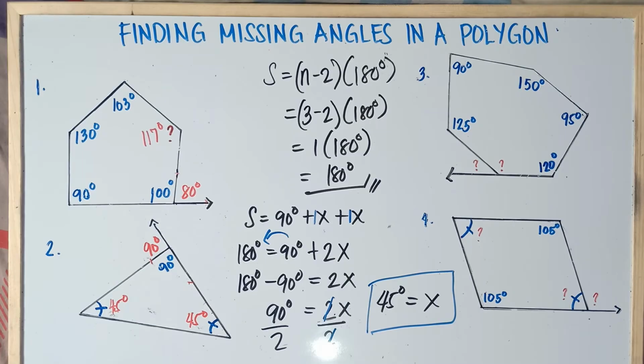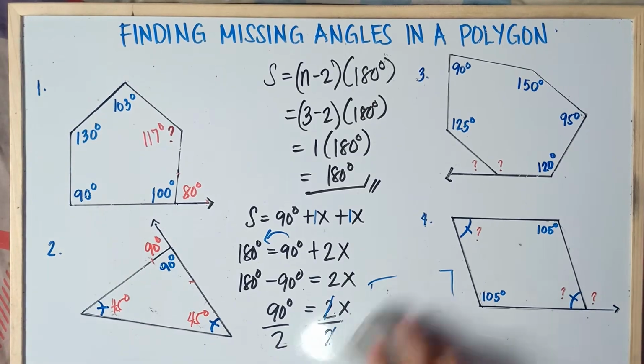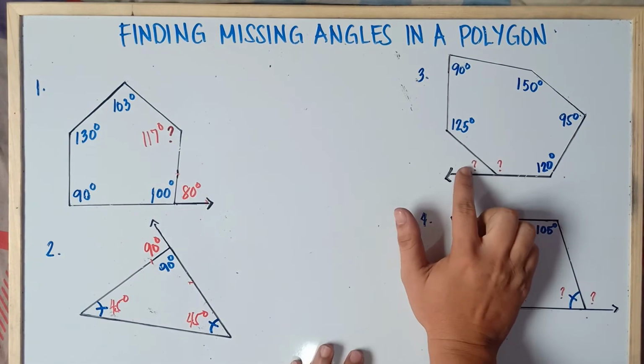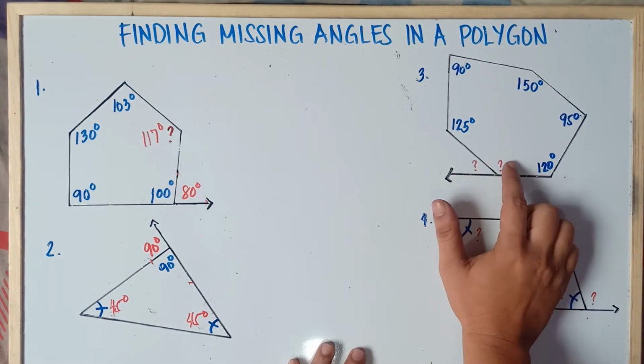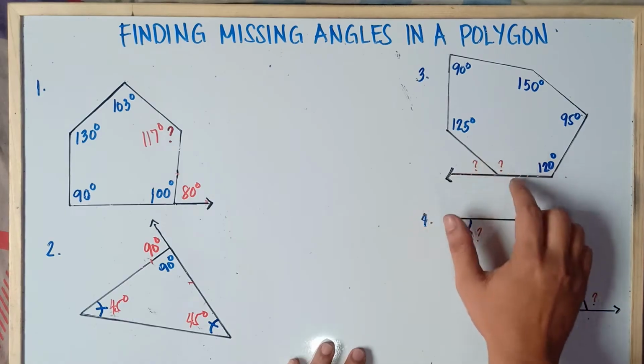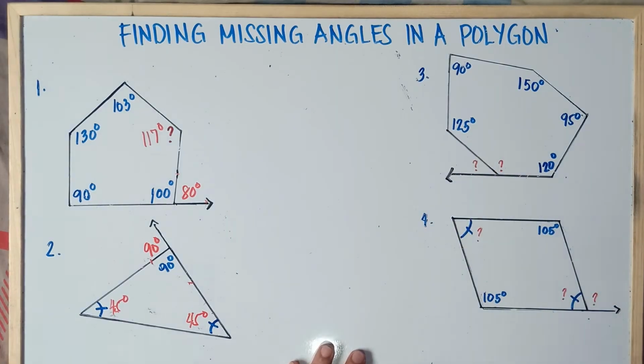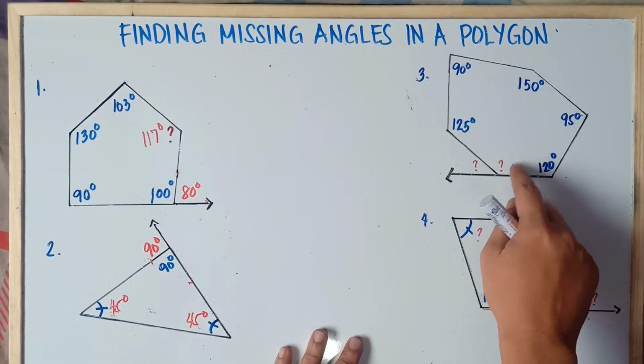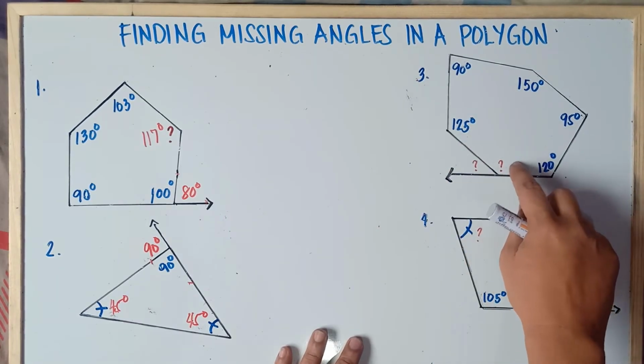Alright, so let's have example number 3. Now, for example number 3, can we find this angle? Nope, we cannot find this angle because we don't have this measure. Once again, we know that this is 180 degrees for a straight angle, but we don't have this measure, class, so therefore we need to find the interior angle. This one interior angle, this one right here.